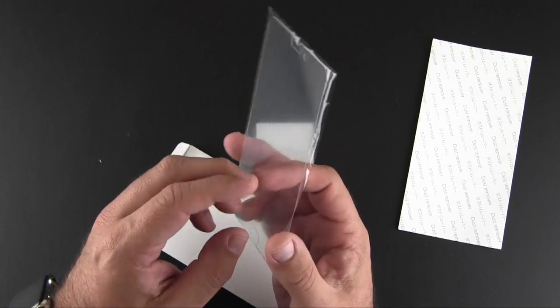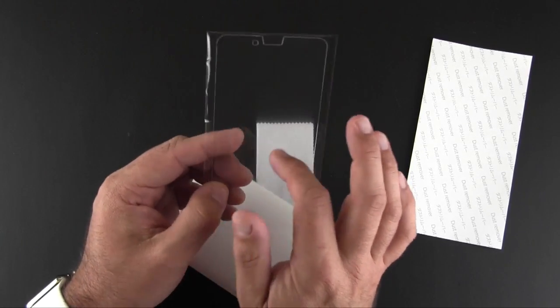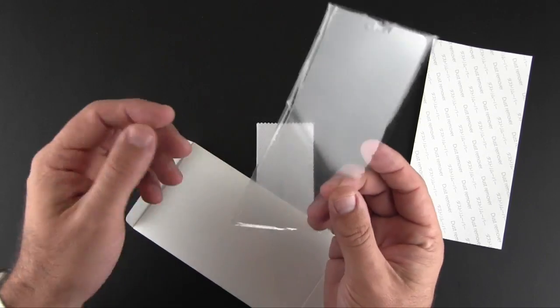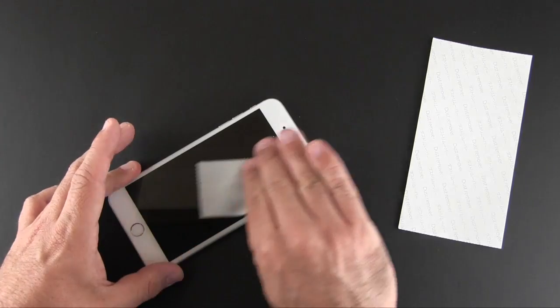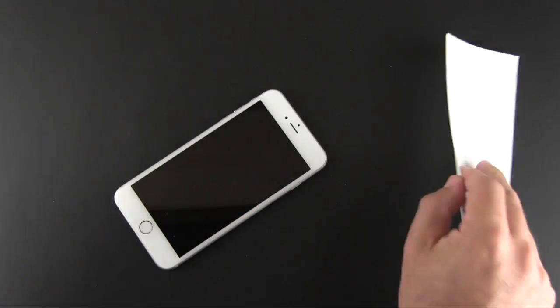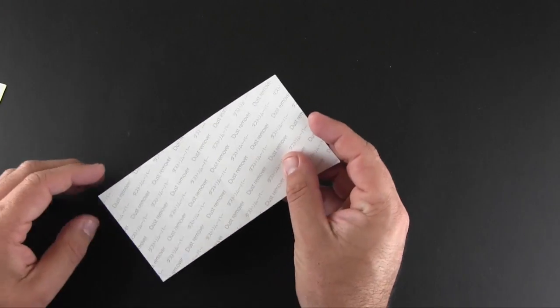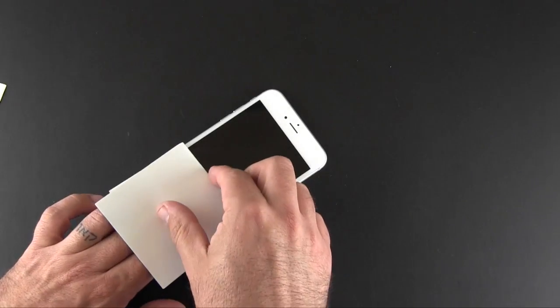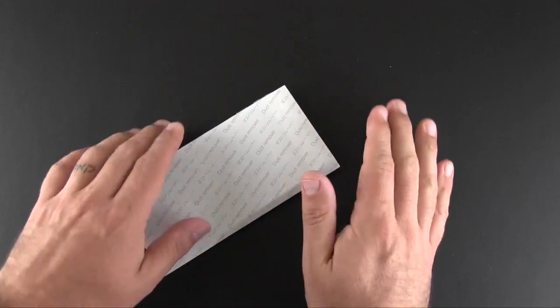Now it only has one piece of protective layer on it, so you are already seeing the front layer right there. So I'm going to put that aside first, because first thing we're going to do is prep up my phone. I'm going to use the microfiber to just wipe it gently, and then we're going to take this giant dust removal sticker and put it on my phone just like this. I'm going to peel off the other side and let it just catch all of the dust that's